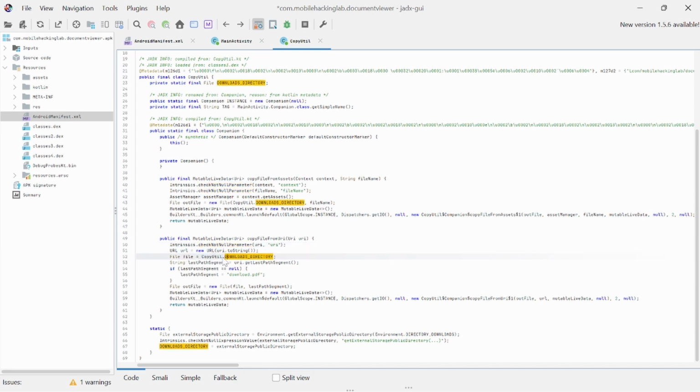Here it is taking the download directory from the Android file system, which is under mountable storage, inside the SD card. So here what it is doing is copying the file from the URI to that download directory. Okay,